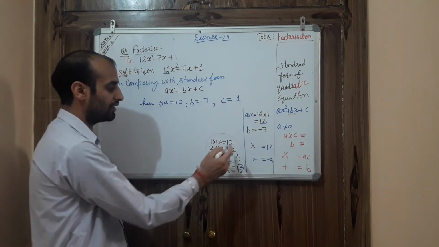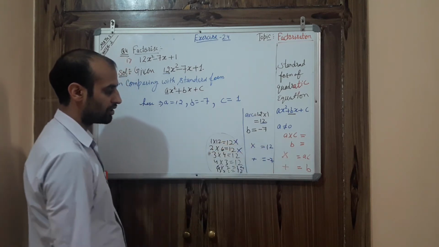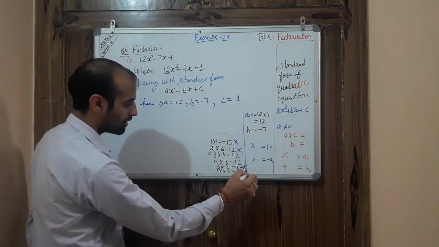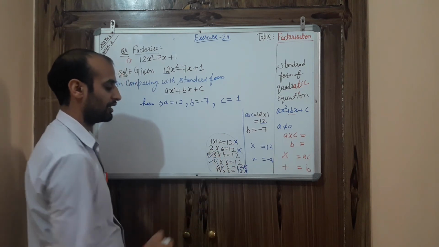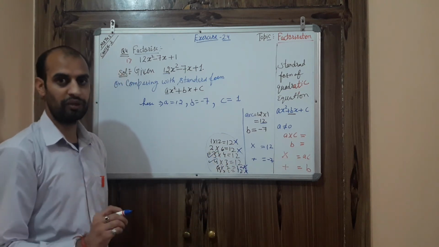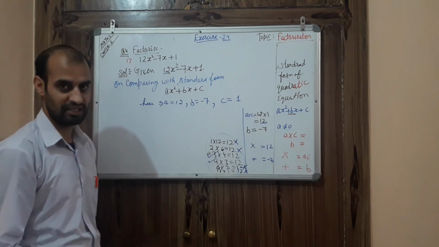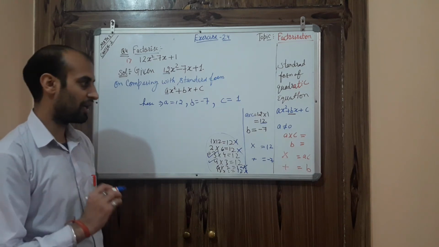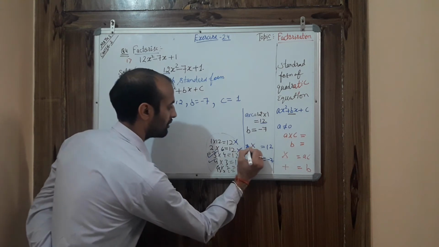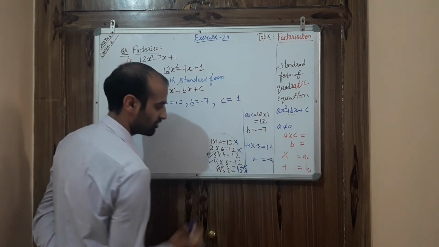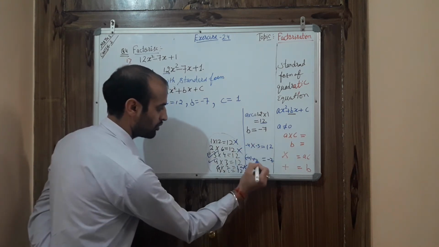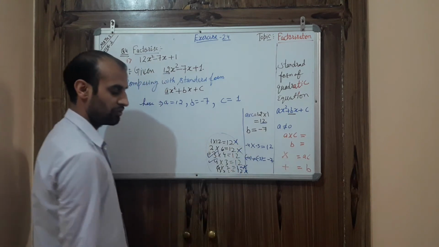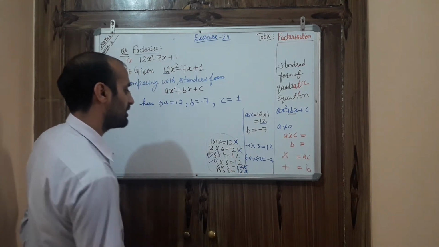By multiplying they all satisfy the first condition, but by adding, this one is not satisfying, this one is also not satisfying, and the last two are also not satisfying. Only these two are satisfying. If we do 3 plus 4, it is 7. But we need minus 7. That means both numbers are negative. So you can take minus 4 and minus 3. Adding minus 4 plus minus 3, we get the answer 7.